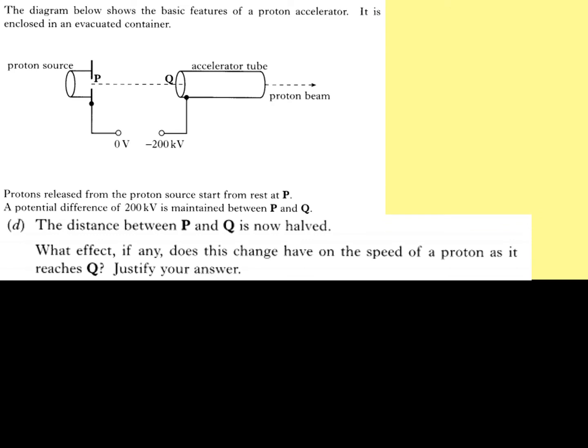We're told that the distance between P and Q is now halved. What effect, if any, does this have on the change in speed of the proton as it reaches Q? We have to justify your answer. So justifying your answer is either by a calculation showing a relationship and equation. Well, the distance between P and Q has changed, but when we calculated kinetic energy, we used the relationship W is equal to EK. That is, QV is equal to 1/2 mv squared. And D, distance, doesn't appear anywhere within here. So there's going to be no effect